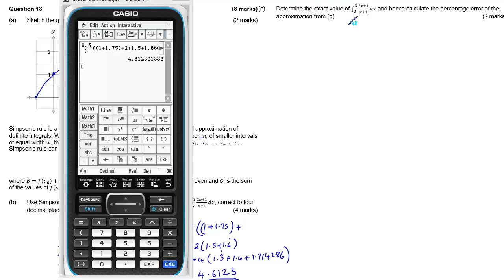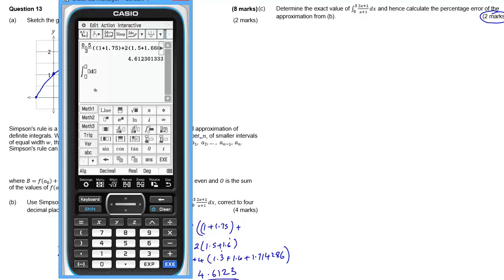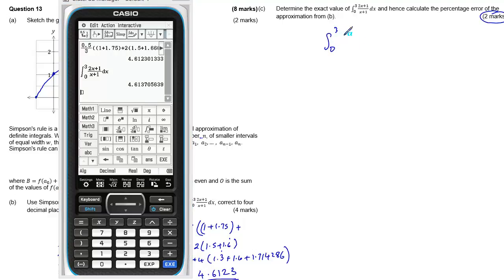Determine the exact value of the integral and then calculate the percentage error. It's only 2 marks, so we can do the integral directly on the calculator. So we're doing the integral from 0 through to 3 of (2x add 1) over (x add 1) dx. The integral from 0 to 3 of (2x plus 1) over (x plus 1) dx is equal to